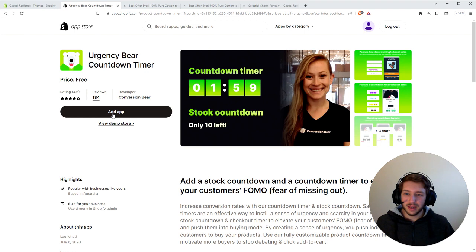Here we can see the Add App button to add this app to our store. Before you click this, you might just want to quickly check by hovering over your icon here that the store name being displayed, in this case Casual Radiance, is the same as the store name that you want to add the app to. This can sometimes cause problems when you click to add an app and it adds it to